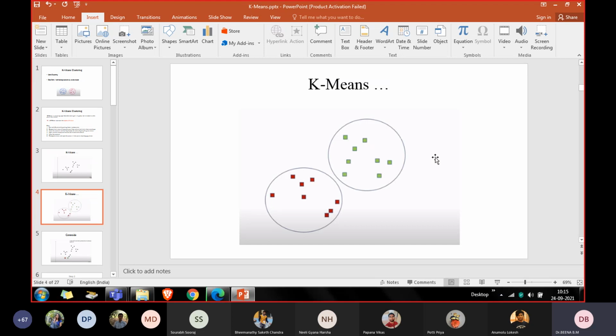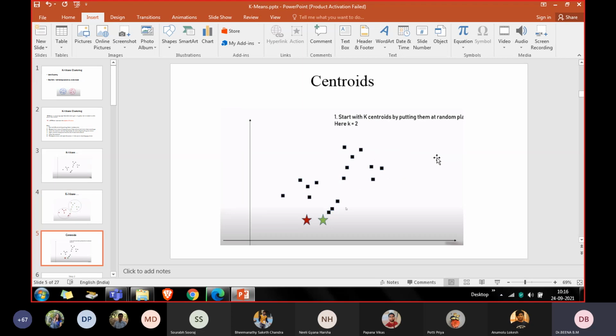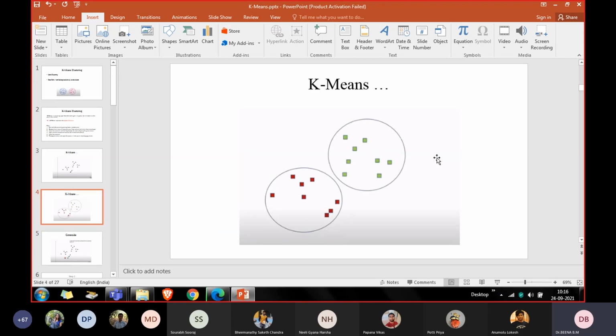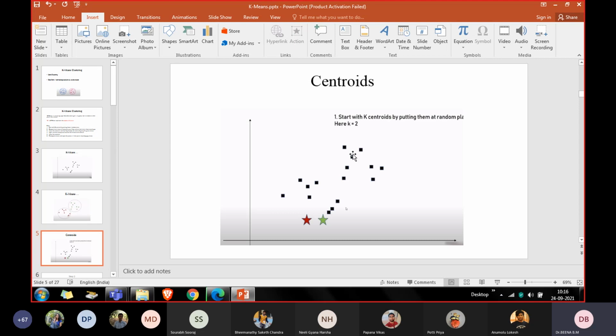Okay, what exactly is K here? K is a free parameter wherein you just set the value of K beforehand. You have to tell the algorithm what the value of K is, that is, how many clusters you want to identify in advance. So next, how to begin with this procedure? Take the data set, and here take the value of K as 2.